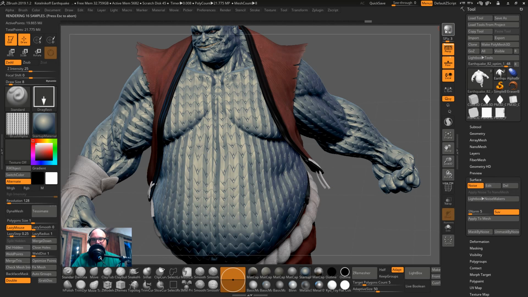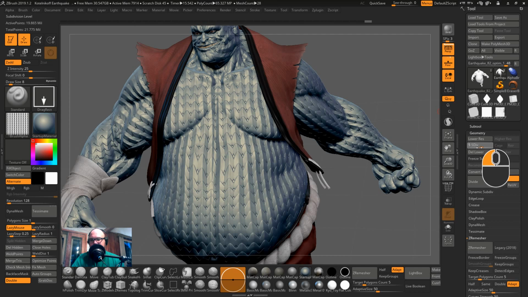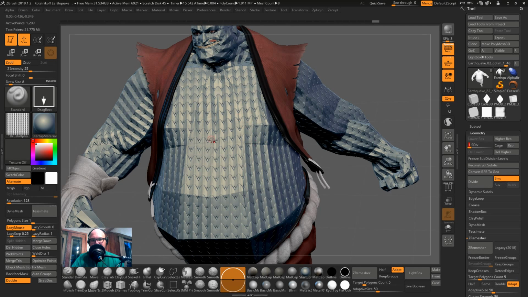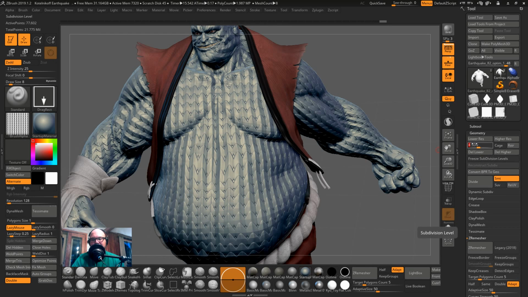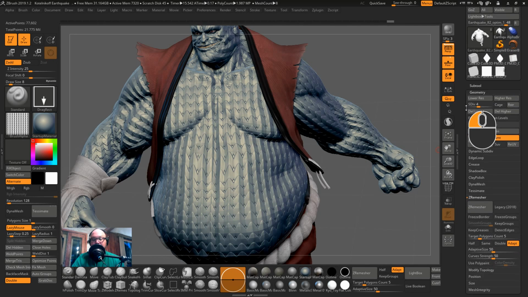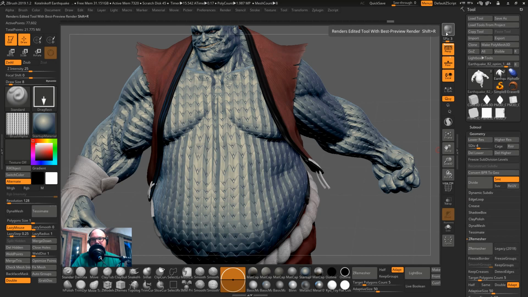So if you hit that, it'll calculate. I probably shouldn't do this with a 20 million poly mesh because it'll take forever, so I'll just hit escape. But let me just see if I turn down the resolution. I'll hit escape, escape, escape. Okay, good. So let's say I drop the resolution a bit. Even if I go super low, it's still showing up the same way because this is almost like a material preview. So it's not really showing you what the true surface looks like. Like I said, if you hit BPR,